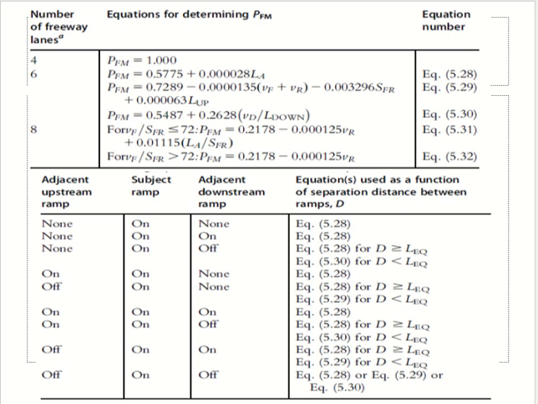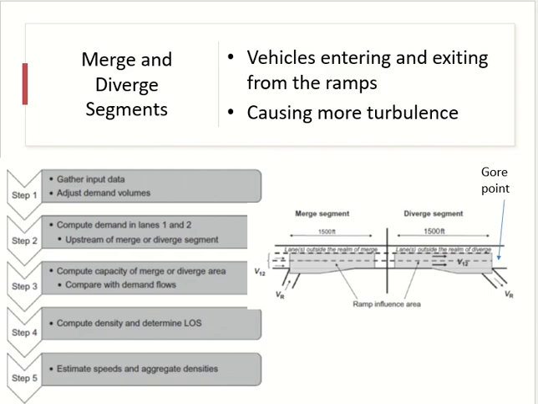Okay. Then you see something written as LA here. LA means acceleration ramp or acceleration length. What is acceleration length? When people enter from the ramp, you give them some extra distance for merging. This extra distance is known as acceleration length. Okay, and for going out, same thing. You give them some extra distance for diverging. This extra distance will be called deceleration length,